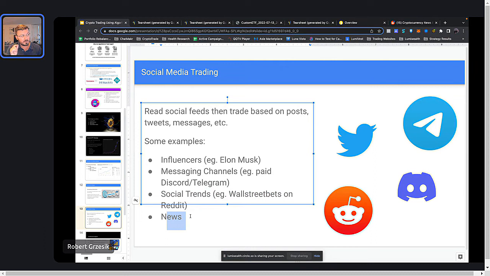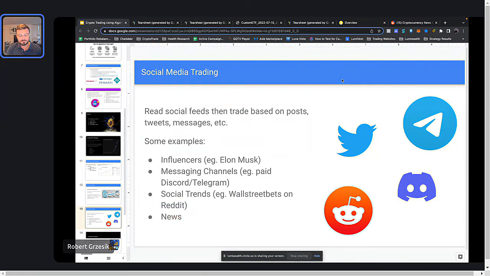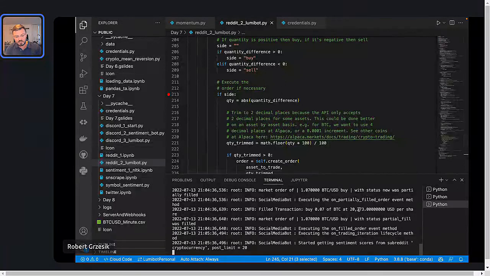Ethereum 2.0 comes out. Better believe it that Ethereum is going to shoot through the moon as soon as that thing gets announced, right? Some other coins, maybe like a Solana network crash. That's probably not going to be very good for Solana. You could be trading all those types of things. You could be the first one in, first one out on all these different news stories that happen. So a lot of really cool stuff they could do.